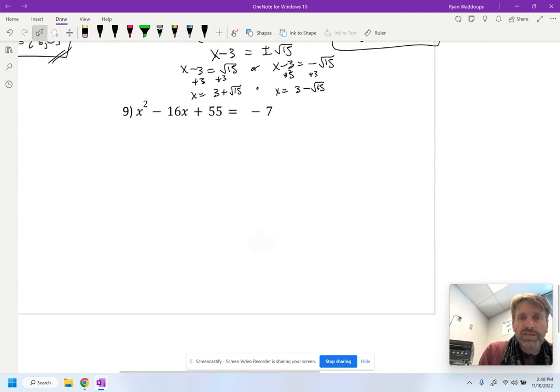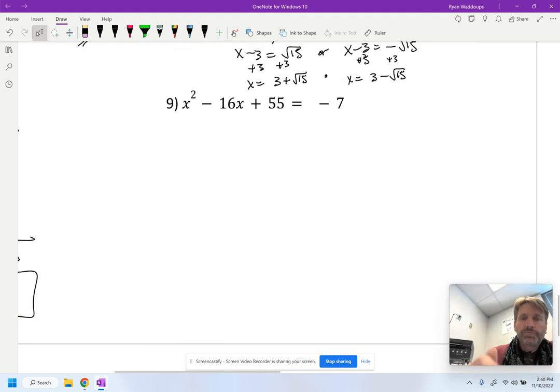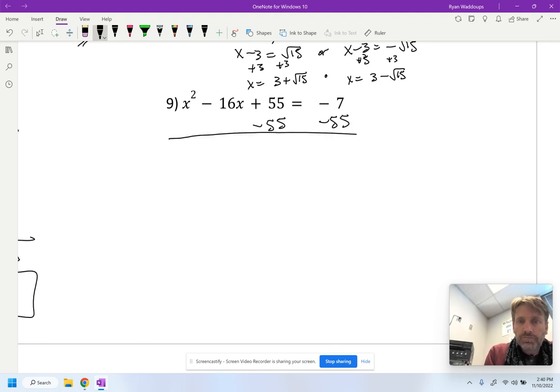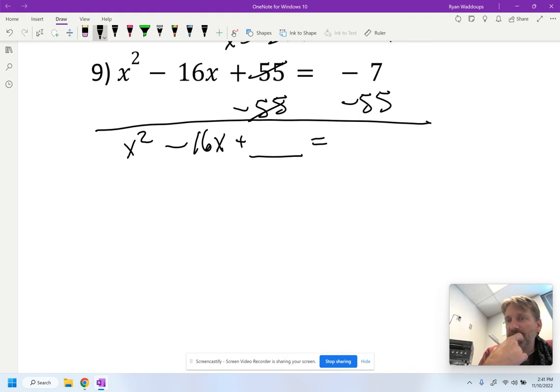Sorry if I'm going too fast. Feel free to pause the video as many times as you need to. I'm going to subtract 55 from both sides. That cancels them on the left, leaving x squared minus 16x plus something equals, and then negative 7 and minus 55, I would get negative